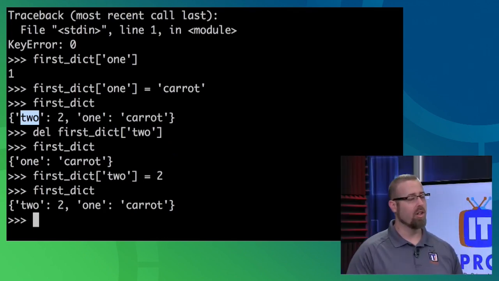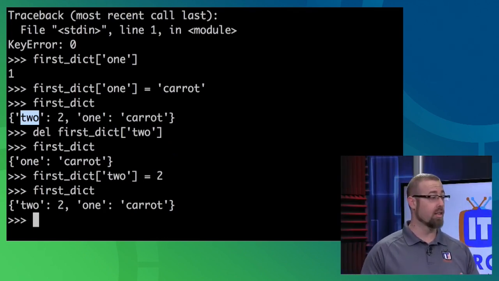Now, Justin, when you do either the delete or the re-addition to the dictionary, notice you only used the number 2. You didn't do 2:2 or the other way around, any of that. You just said this is the entry that I want to delete, and it deleted the entirety. This is the portion that I want to add, and it added the entirety of it.